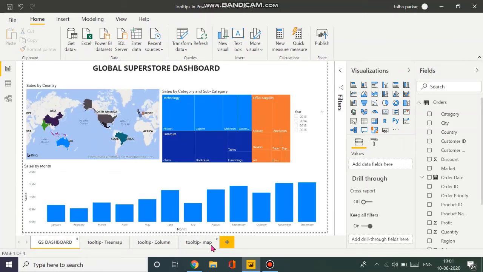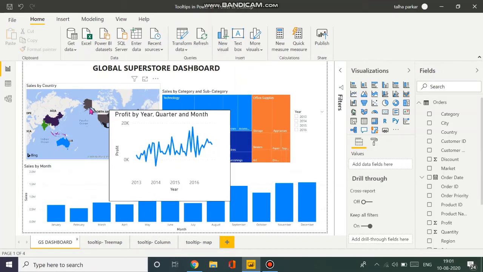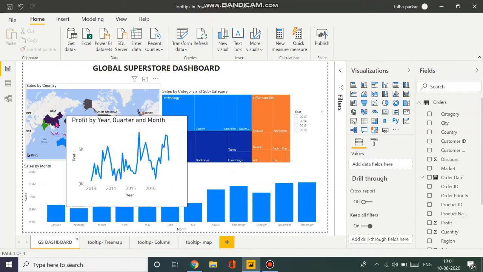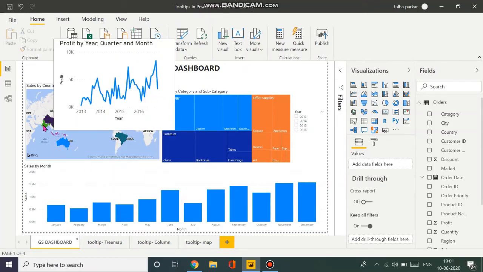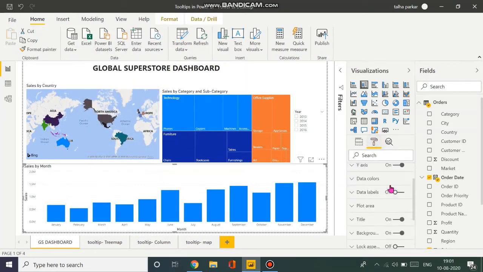And if you don't know what drill down is, you can go and watch one of my previous videos. I've explained that in detail. So now if I move my cursor in any of the countries, you can see a line chart depicting profit by quarter and year. See that? And now similarly for the column chart as well, I come down here, I go to format,